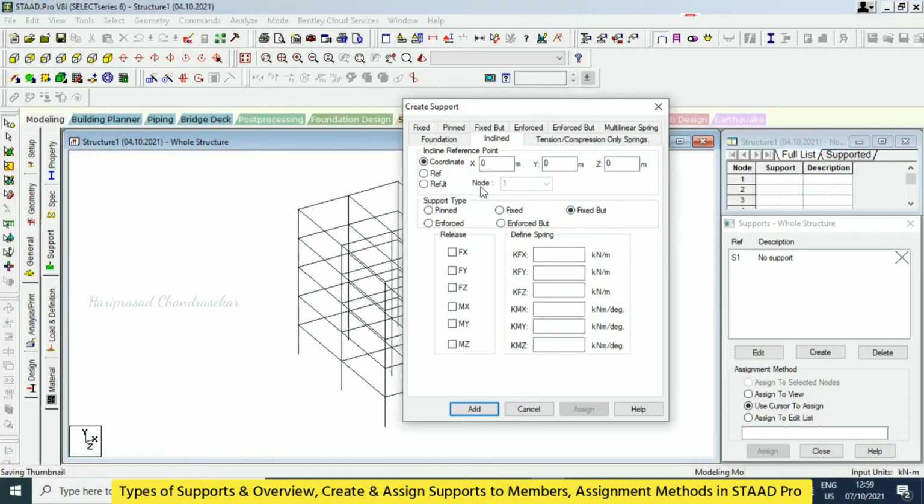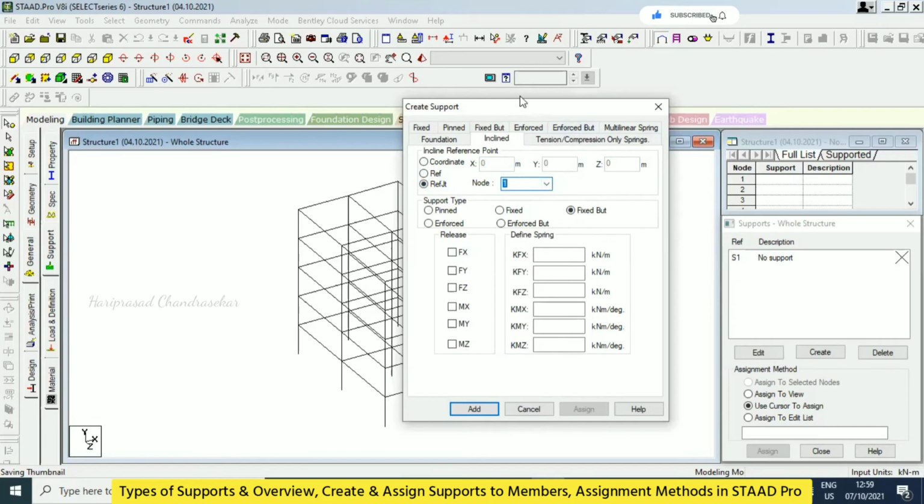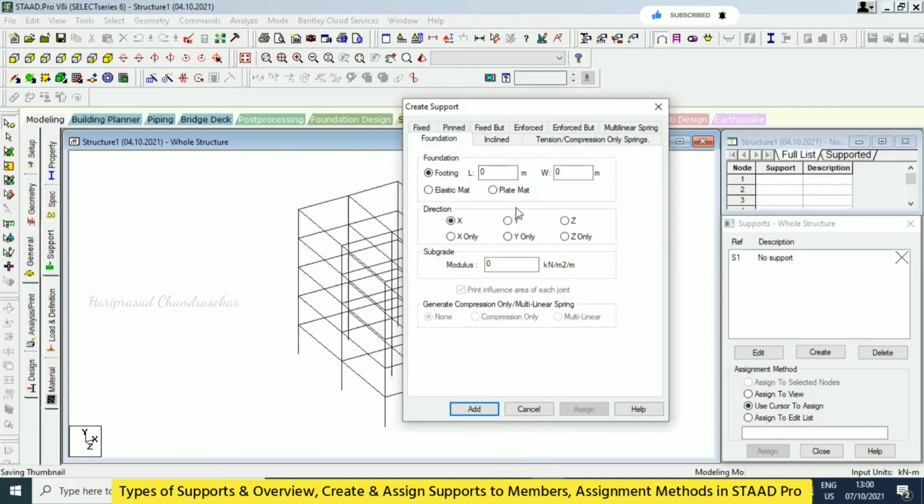Okay, so all this is for inclined kind of members. Then you can put the XYZ coordinates or reference joints, and you can select the joints from here. All this comes under create supports. We also have foundation, in the sense you can give some footing, length and width of the footing,